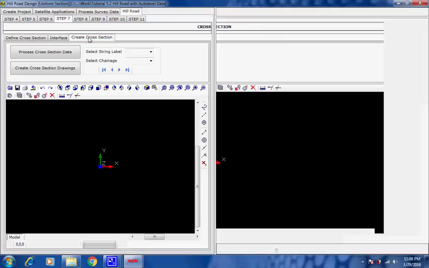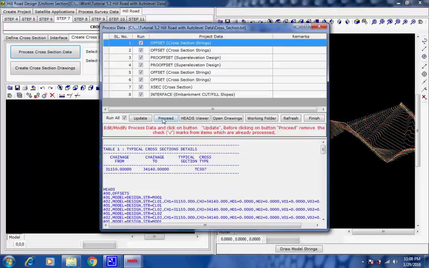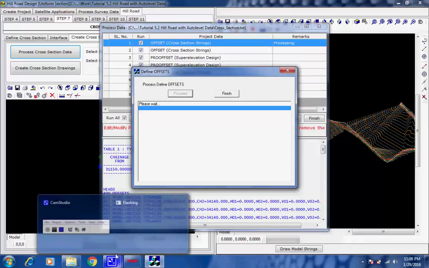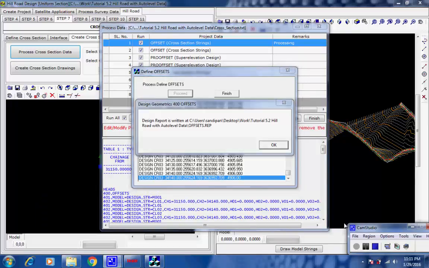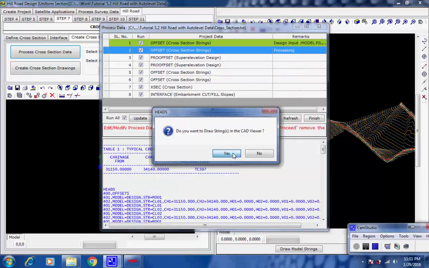Next, we select the page to create cross-section. We click on button Process Cross-Section Data. The process box comes with a list of batch processes in proper sequence. We click on button Proceed to process each step with the related data as displayed in the lower part of the process box. Every time we click on button Yes,